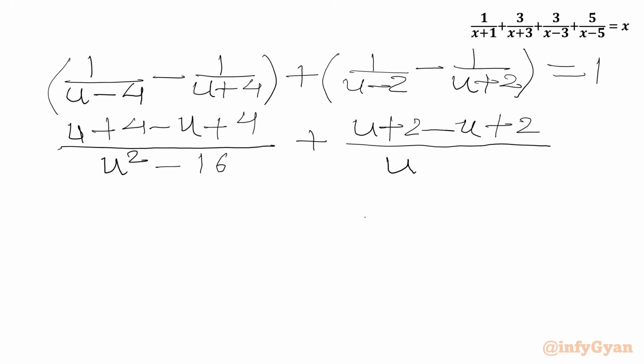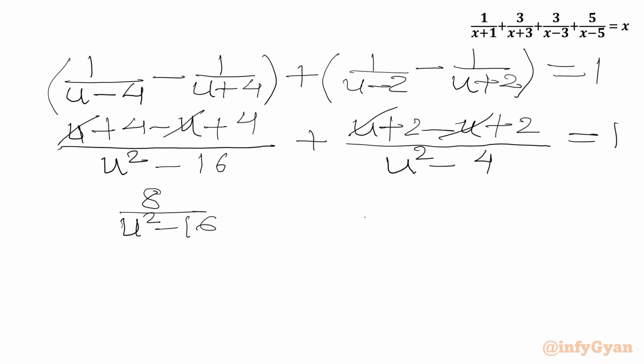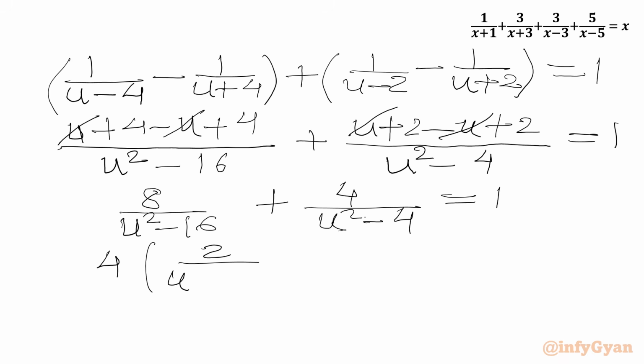Using the difference of two squares identity, we will write u square minus 4 equal to 1. Now we will write 8 over u square minus 16 plus 2 plus 2 is 4 over u square minus 4 equal to 1. We'll take 4 common from LHS. So in the bracket we can write 2 over u square minus 16 plus 1 over u square minus 4